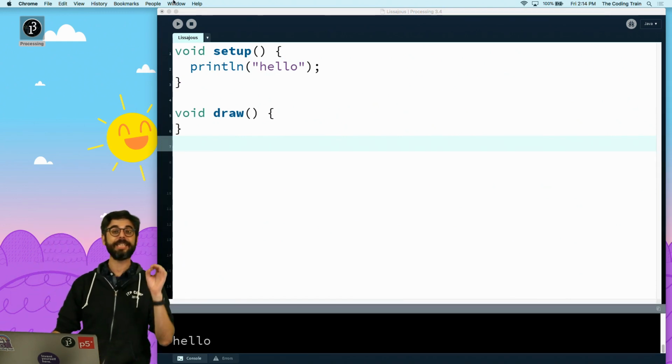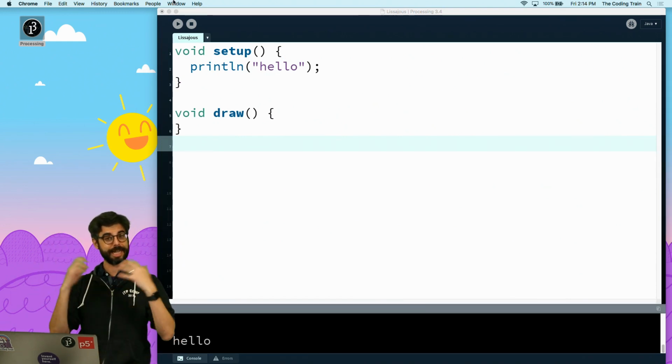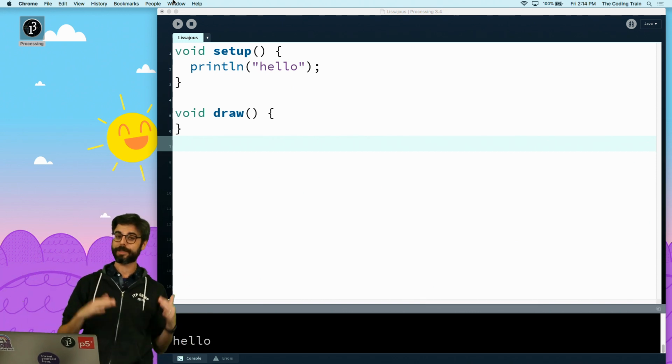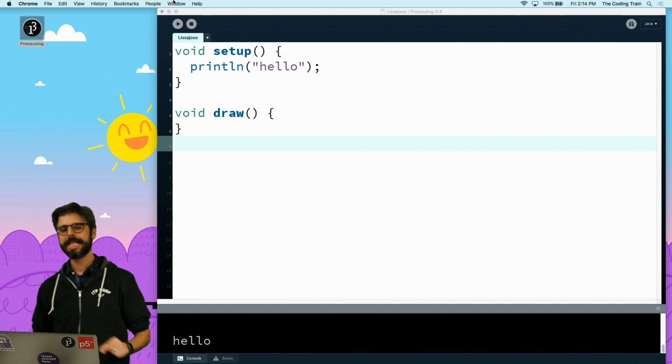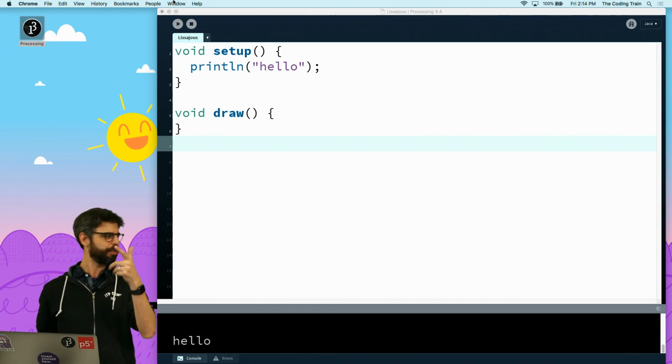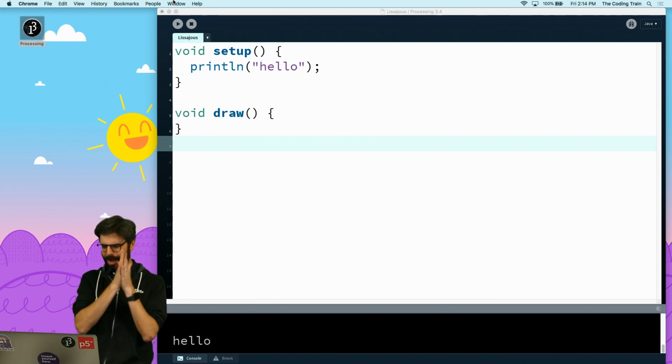Now, Processing is a Java-based programming environment for sketching and creating graphics. You can do a lot more with it too. More information about Processing in the video's description. And then I will also be making a JavaScript version of this that you can refer to. Actually, I might just do that in a whole separate video. So anyway, okay, so let's get started.